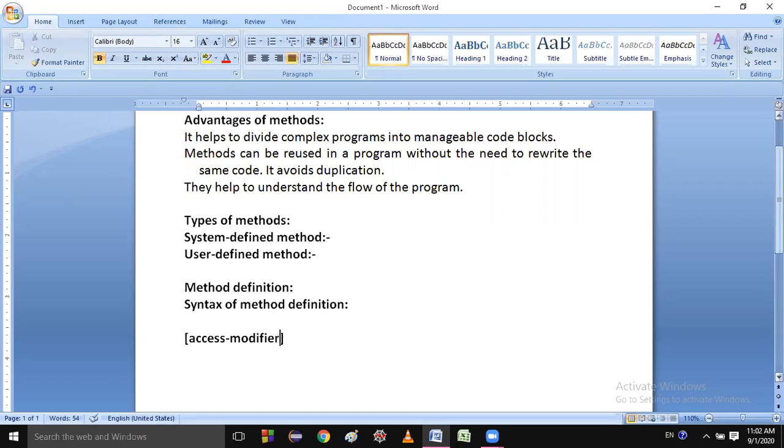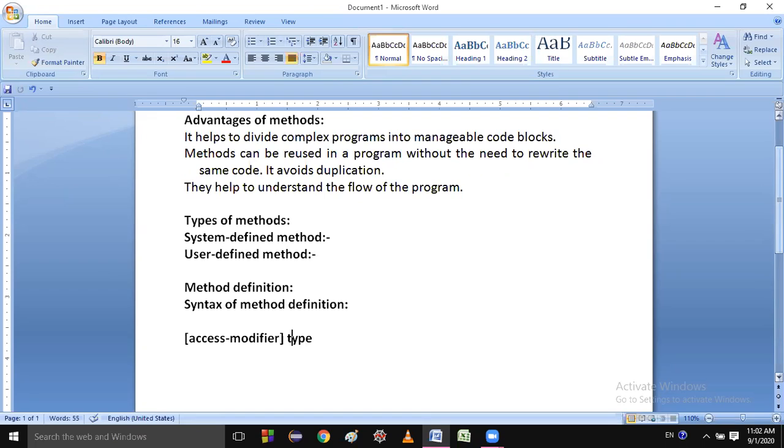After the access modifier, what will be the type? Type means the return type of the method.